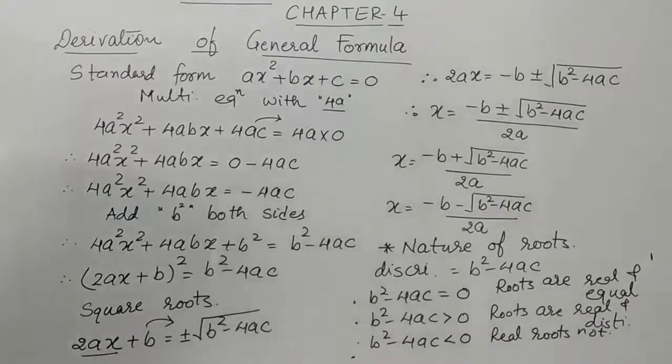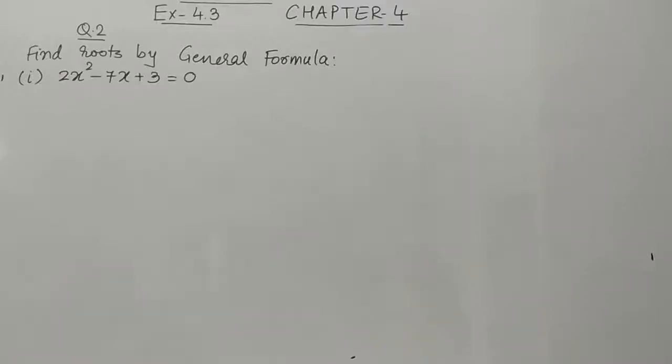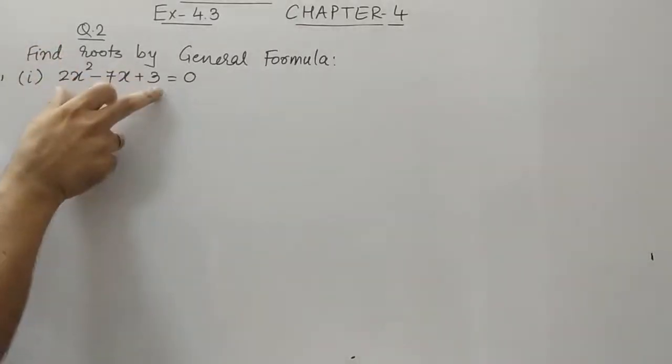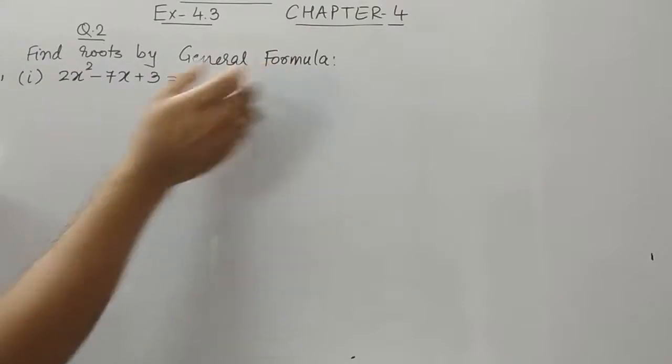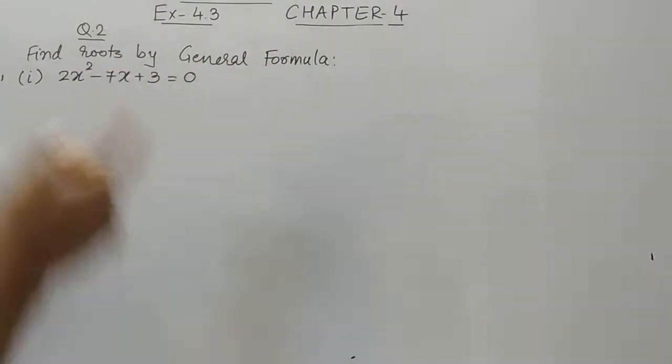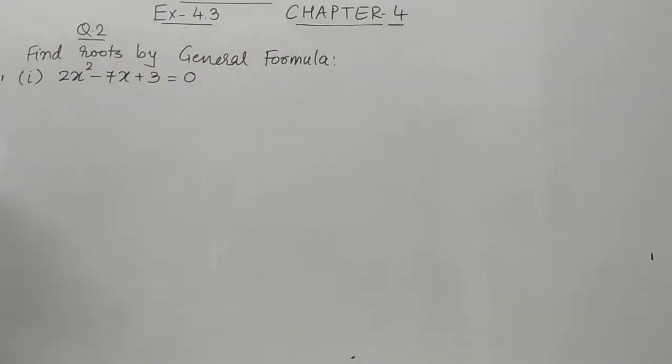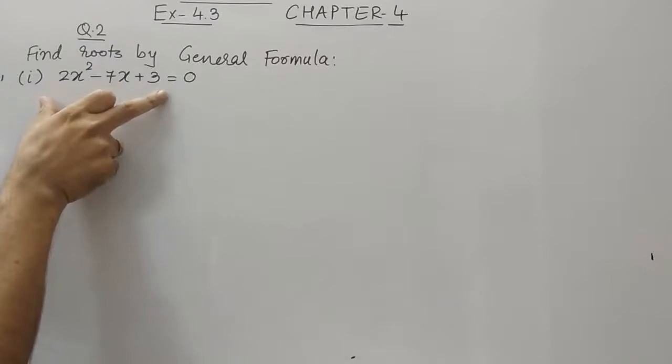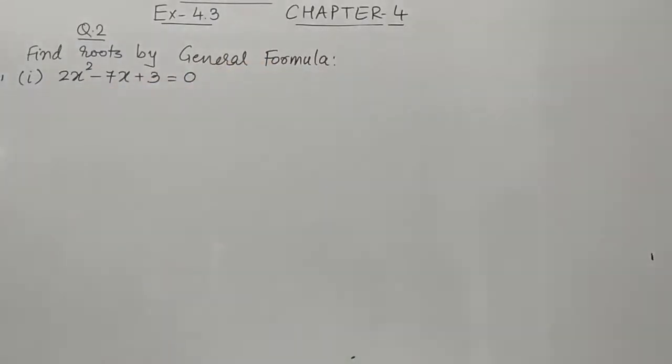So these are the nature of the roots that we'll discuss in the next exercise, but till now you should remember it. Let's do this question. In this question it is said that we have to find out the roots of the given quadratic equation by the general formula. See, these all the sums are of the question number 1. So in question 1 we have done the completing square method to find out the roots. Now the same sums we will find the roots by the method of general formula.